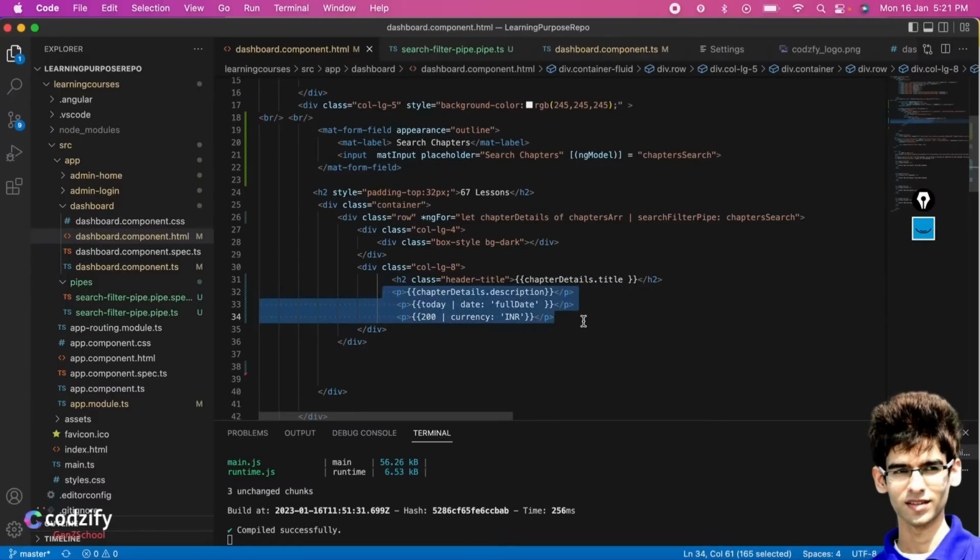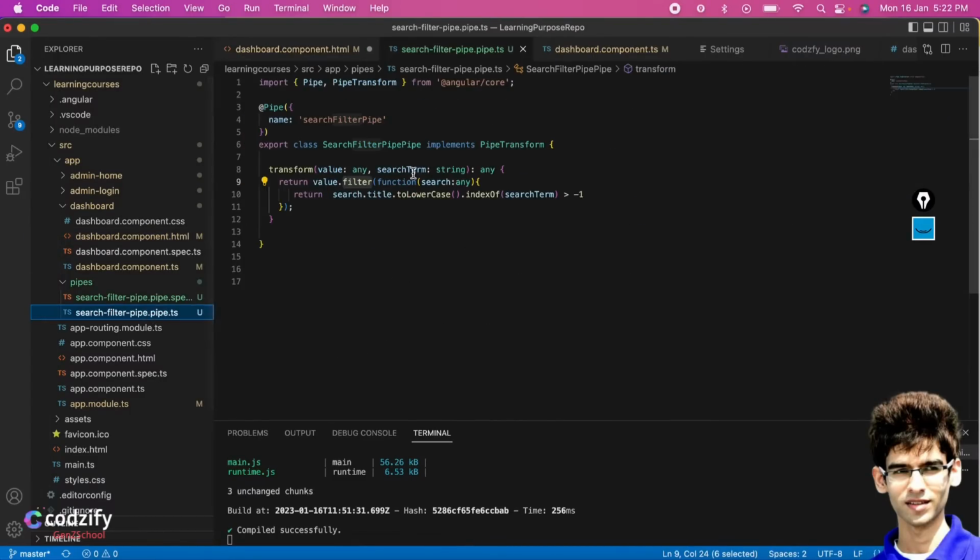So these are the pipes which you can use, and you can also create your own custom pipes, like we have created the search filter pipe. For example, if you want to convert the US dollar to INR, you can do that with a pipe as well. All you have to do is pass the parameters like this with the pipe, and here you have to catch it and convert it based on your requirement.